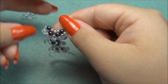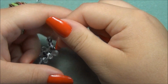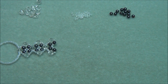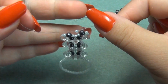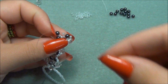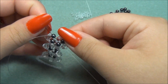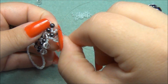So pull both sides of the 6mm beads, and then I'm going to pull these strings and pull my work down. Now after we have it looking like this, there's 3 11/0 seed beads there, so that means that I have to take and pick up one 11/0 seed bead, cross through it, bring it down, and there's the 4 together now. So I'm going to take one of the strings, so this one here on this side, and I'm going to pass through this 4mm bead, just like this. Then I'm going to flip it over and take my other string and go through this 4mm,